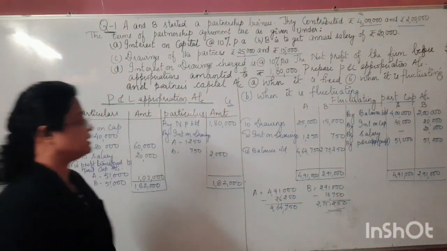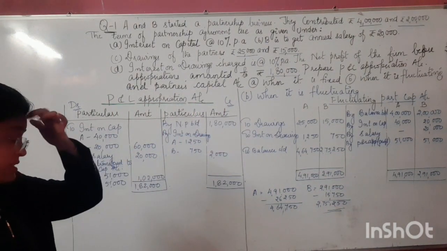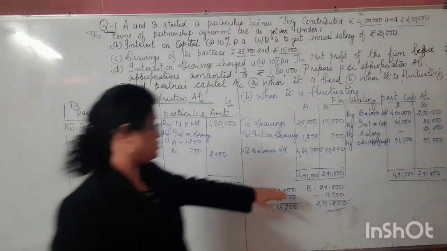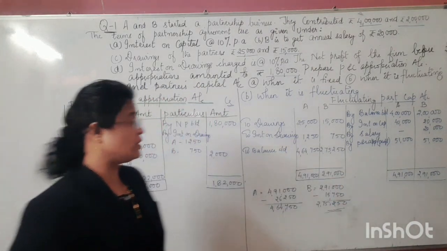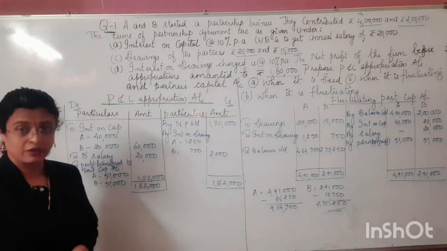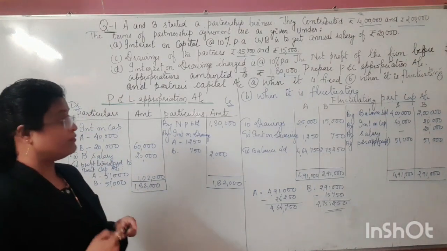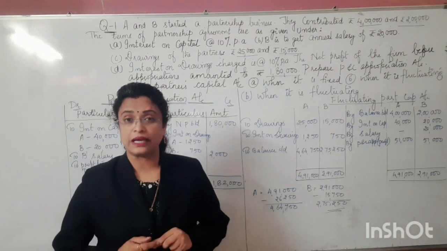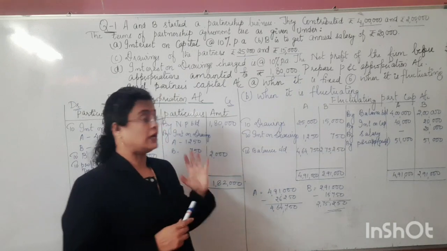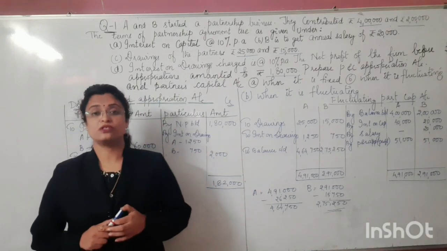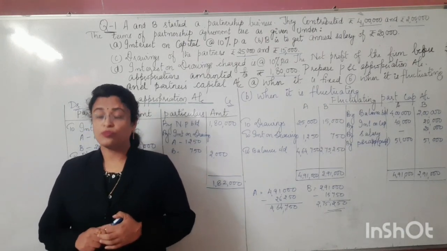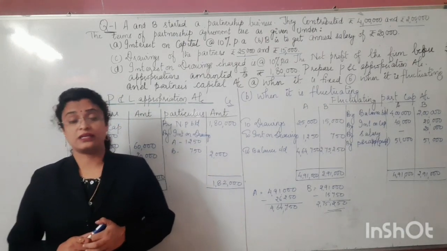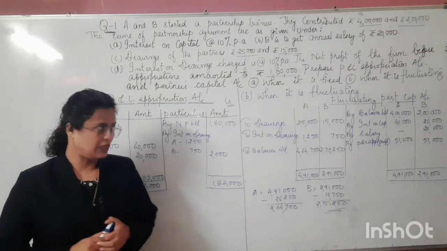Hence the total of both the sides here is the same, I mean 4,91,000 for A and 2,91,000 for B. Both the sides are equal. Okay, so remember children, one more time I'm giving you a reminder. Whenever the question is silent about which type of partners' capital account is to be made, remember, in the absence of any information in the question, we are supposed to prepare the fluctuating partners' capital account.